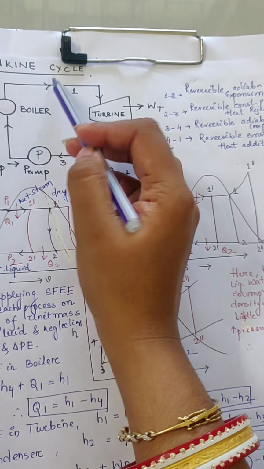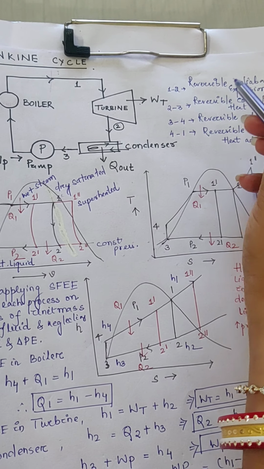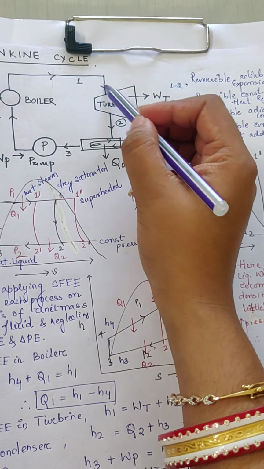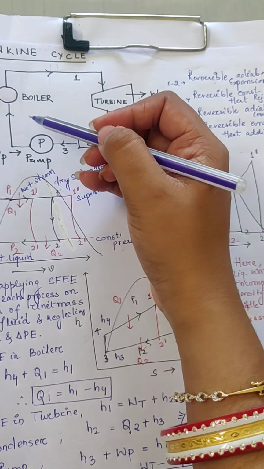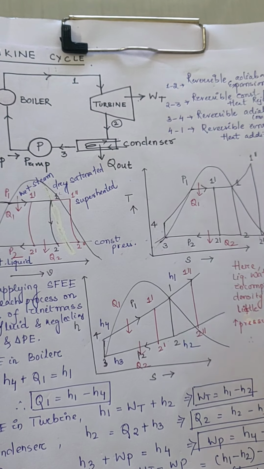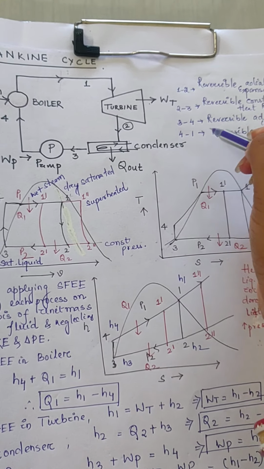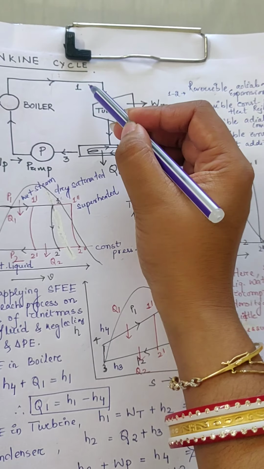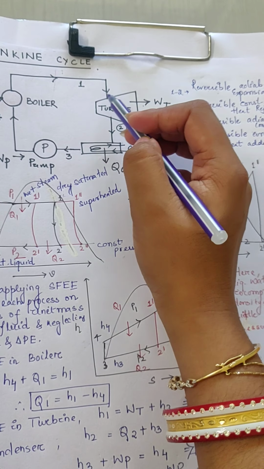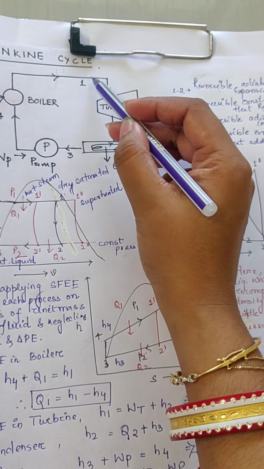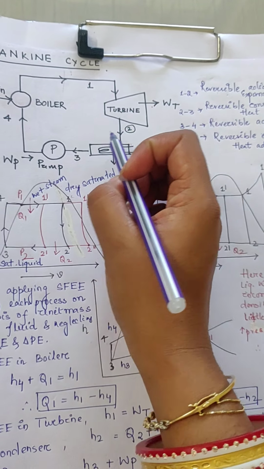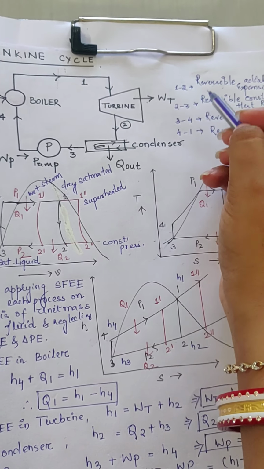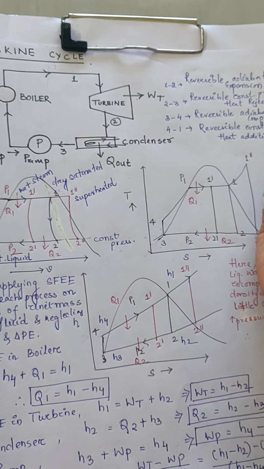Actually, in the Rankine cycle, every process is reversible because all the processes are in the equilibrium state. And we all know why these processes are reversible: because if a process is reversible, then it must be in the equilibrium state. If it is in equilibrium, then it can become a cycle, so that its initial state becomes equal to the final state. That's why it is known as a reversible process.